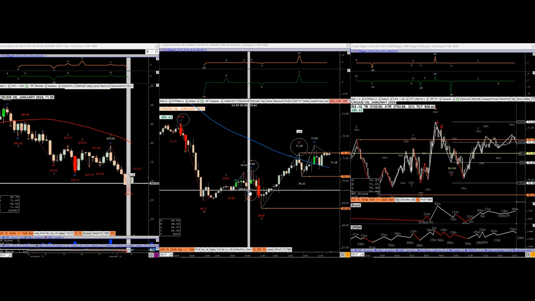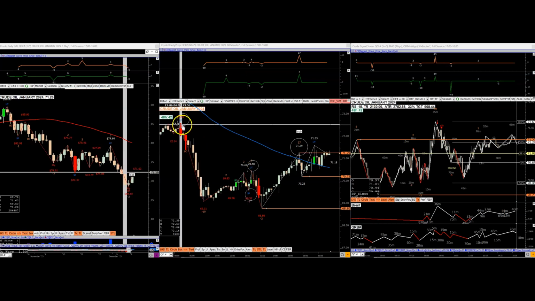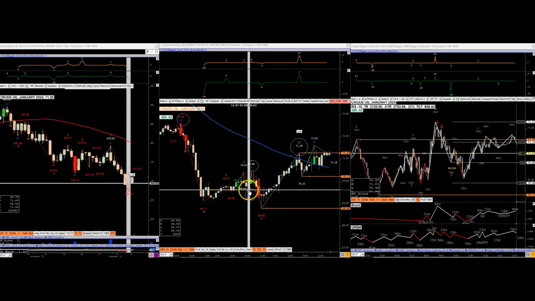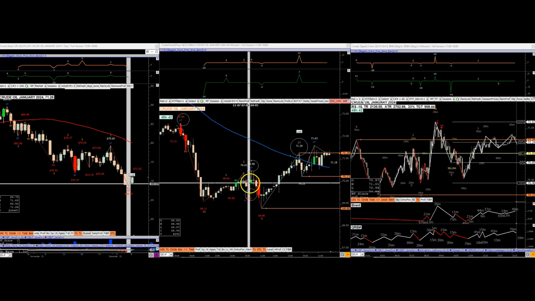New sellers that step in on the lower low and short will have stops above the prior high. Existing sellers will move the stops to the prior high when the market makes that lower low. So both the new sellers and existing sellers will have their stops above the prior high, which makes it a